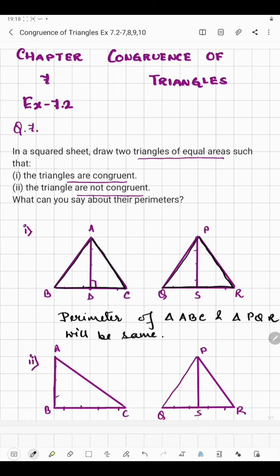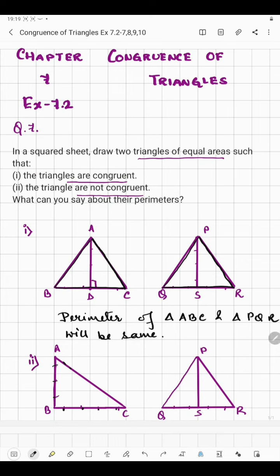Now if you see the figure and count the units here, then we will find that perimeter is not same in both the triangles. See, if you count the units here, 1 2 3 4 units to make the base and 3 units to make the height. So 4 plus 3 is 7, and here almost 4 boxes are covered to make the side AC, right? So 4 plus 3 is 7, 7 plus 4 is 11.